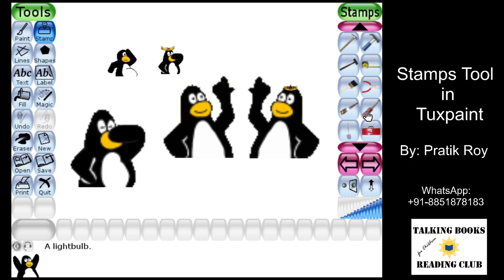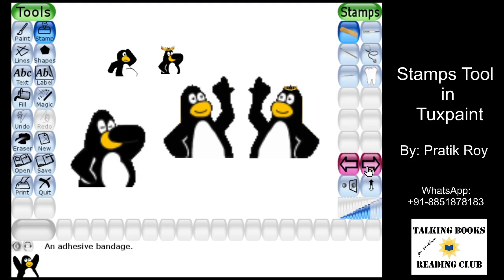It is very good to go through all these options before you start your artwork, so that you know which stamps are available for your artwork, and it will be helpful to imagine your artwork by knowing all these stamps which you already have. So this is the category which we looked at.